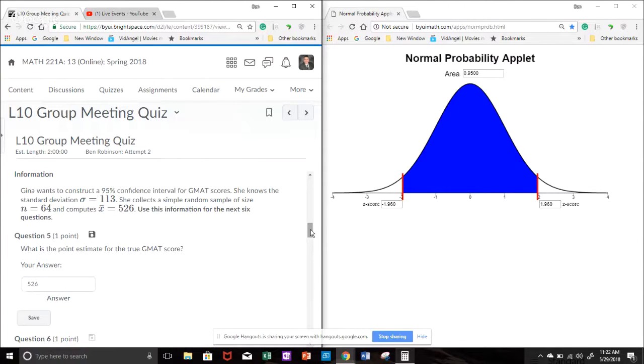No, not 526. Times it by the z-score. Oh, okay, yes, thank you. I will do it again. 113 divided by the square root of 64 times the percentage we had, which is 1 point